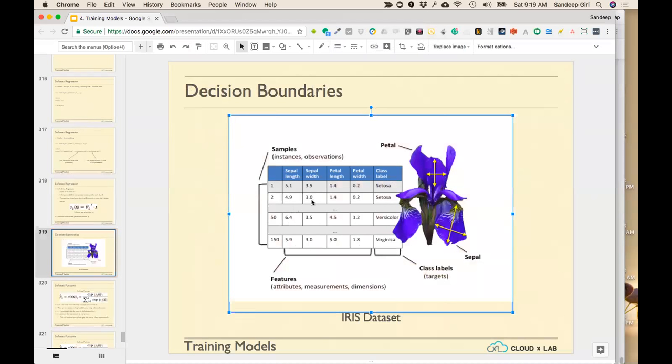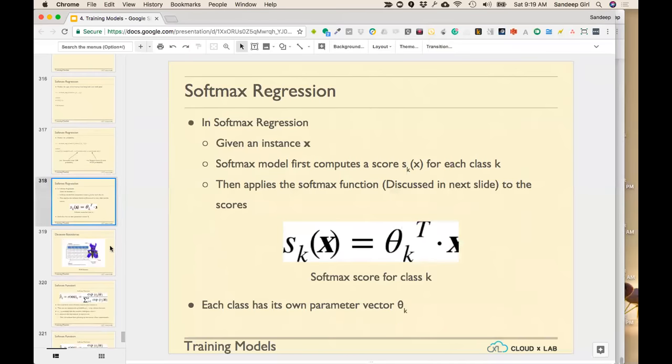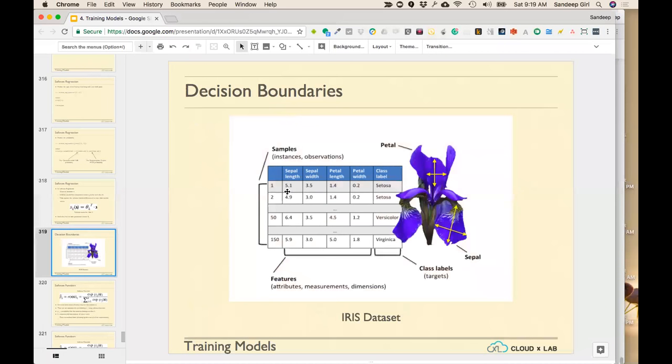What we are trying to do is, for each of the instances and for each of the classes, compute this theta. We are assuming a certain value of theta, then multiplying by x, and therefore